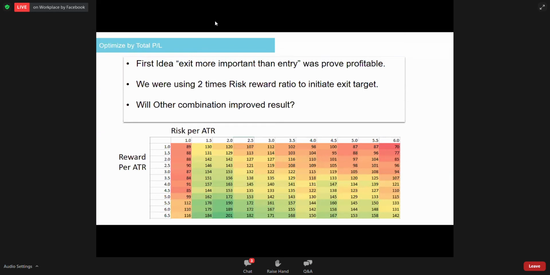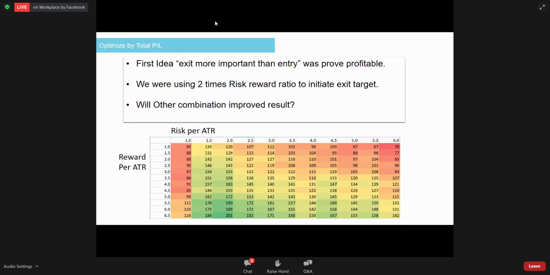So here, look at the heat map. The most green one tells you the best combination. The best combination is actually 2 ATR to cut loss and 4, 5, 6, 7, 8 ATR to take profit, so that will bring the risk reward equal to 2 or 3. The reason I still stick to 1 ATR is for illustration purposes. But if you look at this table, 2 ATR to cut loss and 4 ATR to take profit is a better manner. You see the improvement. And this is on FCPO 15 minutes.